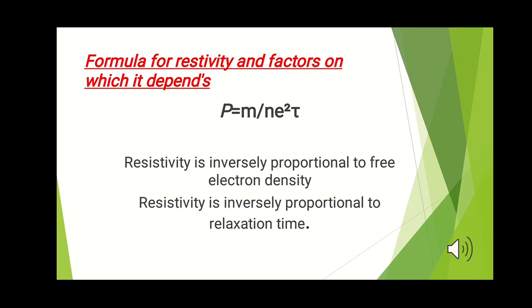So remember, while solving questions, be alert whether the question is for metals and alloys or for an insulator or semiconductor. In the case of metals and alloys, the resistivity will increase with the rise of temperature, while in the case of semiconductors and insulators, the resistivity will decrease because the number of charge carriers will increase with the rise of temperature.